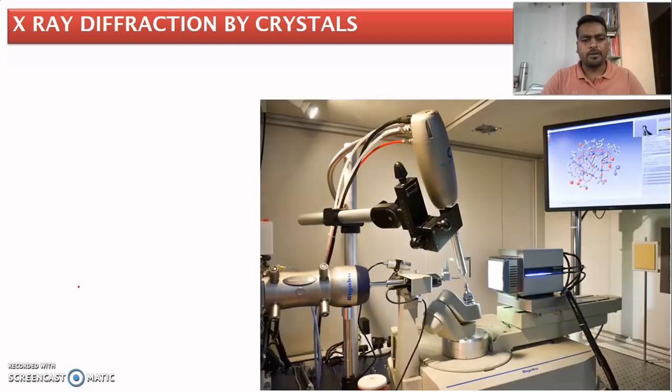As you know, while discussing the unit cell, the type of unit cell, we are going to tell exactly whether it is a body centered unit cell, face centered unit cell, or simple cubic unit cell. And we also learned about Bravais lattices, 7 crystal systems. So how can one identify the different crystal systems? How are we exactly telling that it is simple cubic, BCC, or FCC? It is possible with the help of an instrument called the X-ray diffractometer.